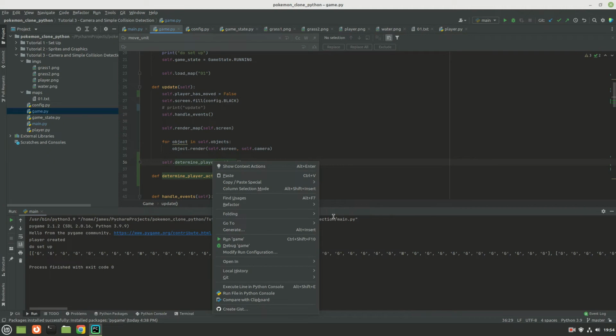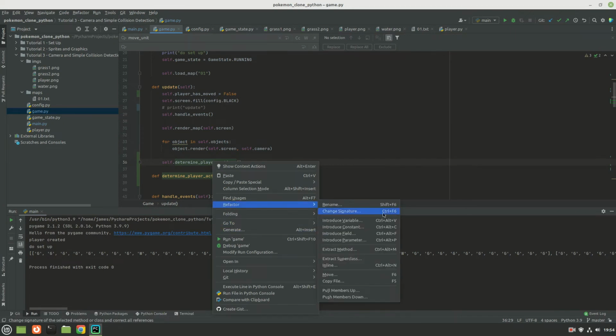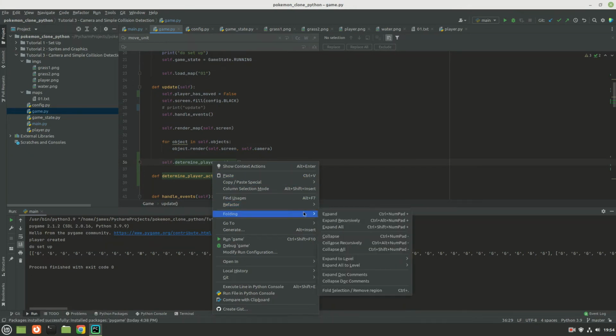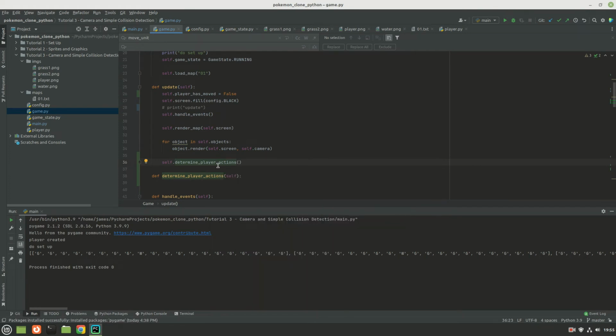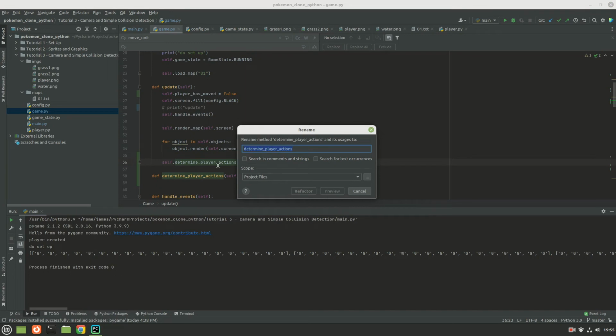I'm going to try and make use of the refactor, and I'm going to rename. So that's Shift F6. I'm used to .NET, so this is new for me. A little tip when you're learning an IDE: look up the shortcut key, but then don't actually click that. Just use the actual shortcut key. So instead of clicking that, I'm going to say, oh okay, that's just Shift F6. So I'm going to go in here, Shift F6.